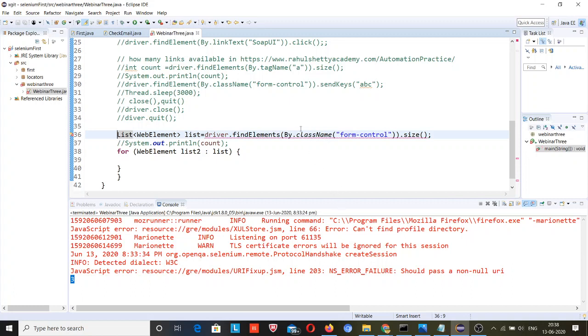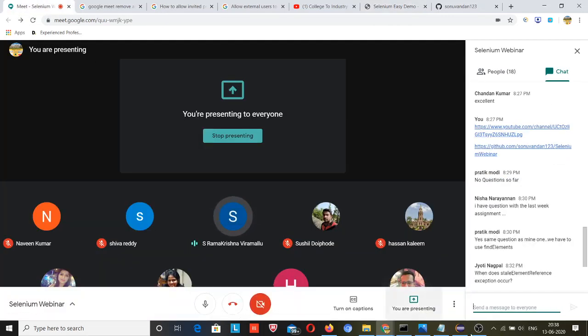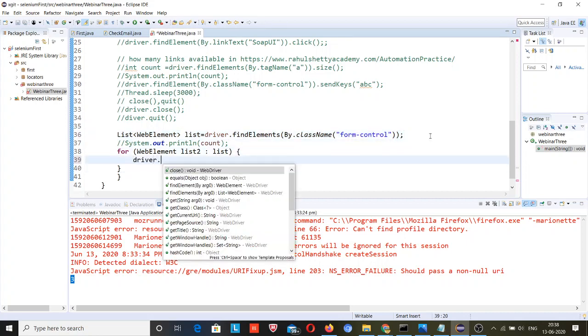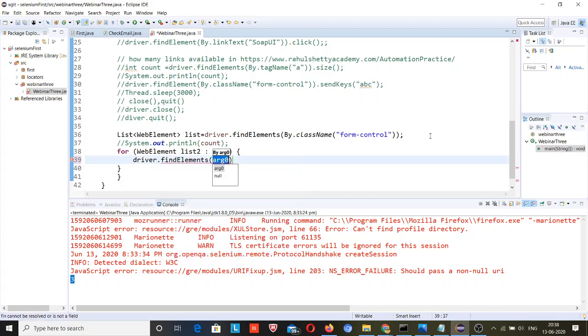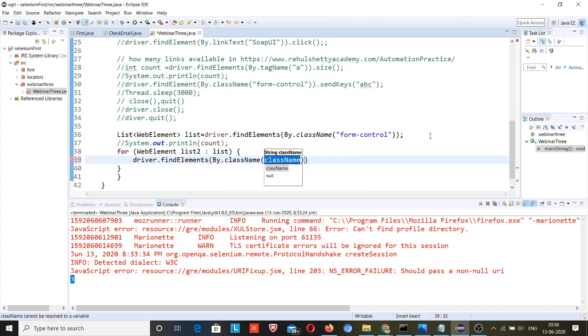I will show you later on. I will send you the code after fixing this problem, but the solution is that Bandhan, you can just delete the size method at the end. The size method is not required, but I was using it for the for loop. Okay, thank you. So driver.findElements by class name, and class name is form-control.